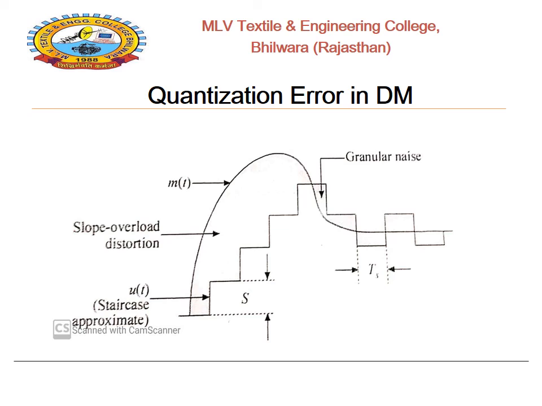In a delta modulator, there is a fixed step approximation, that is, the step size is fixed. So a fixed step size will not approximate the continuous time signal well. This type of error may be avoided by using adaptive delta modulation, where the step size is variable according to the slope of m(t).